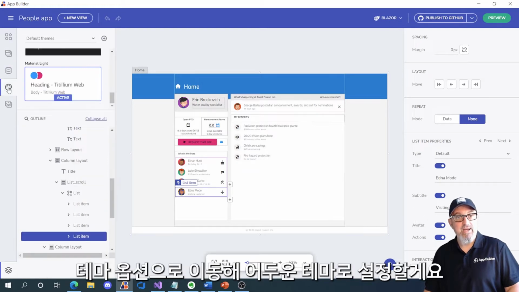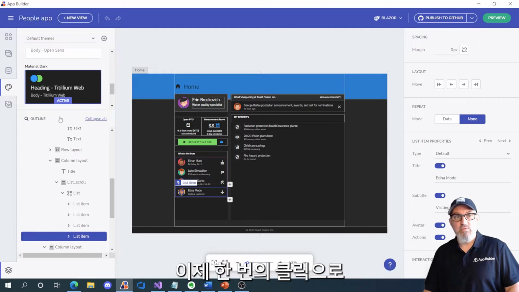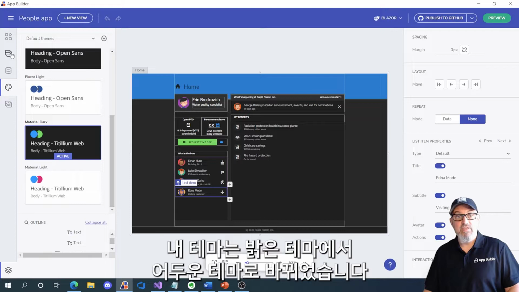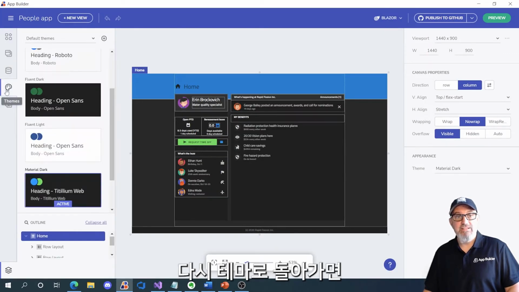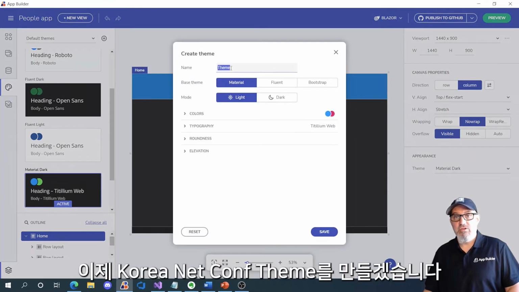I'll go to the theme option, and let's make this the dark theme. So now with one single click, my theme went from a light theme to a dark theme. So now all of the pages are using the dark theme. If I go back to theme, I can also do things like create a new theme. So let's create a